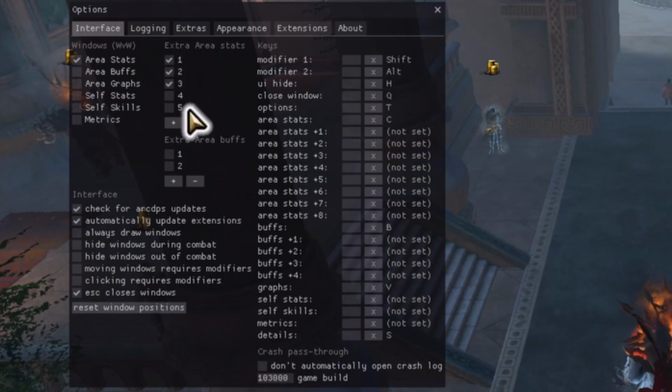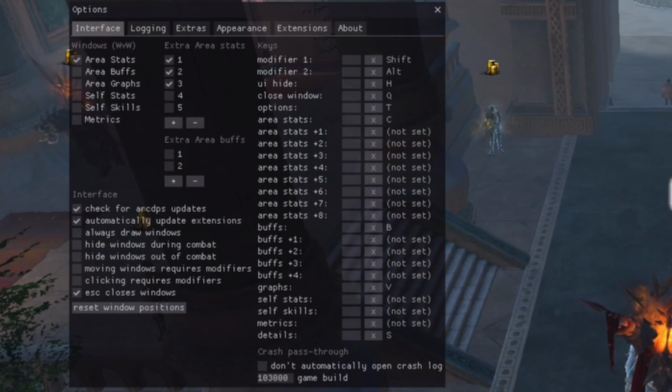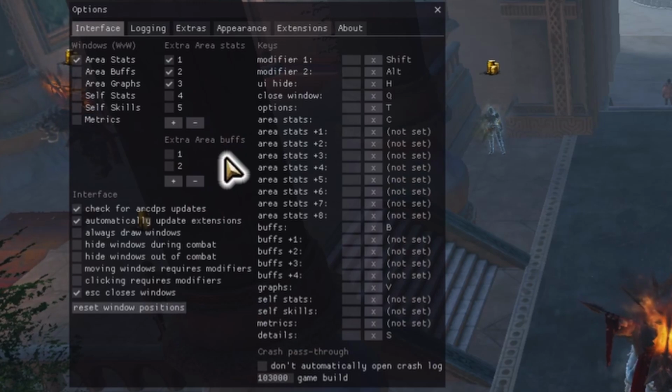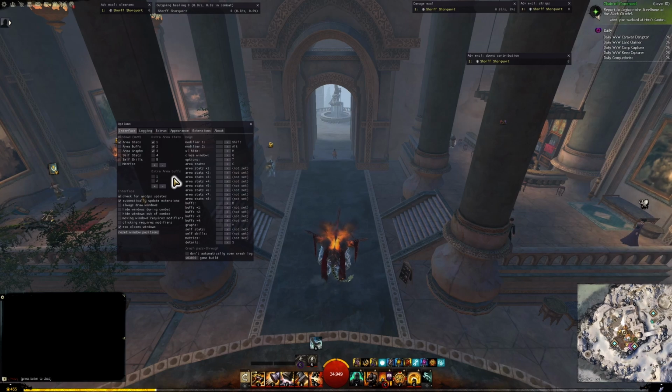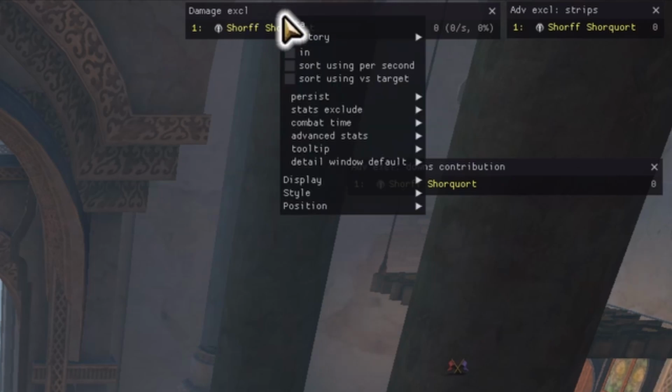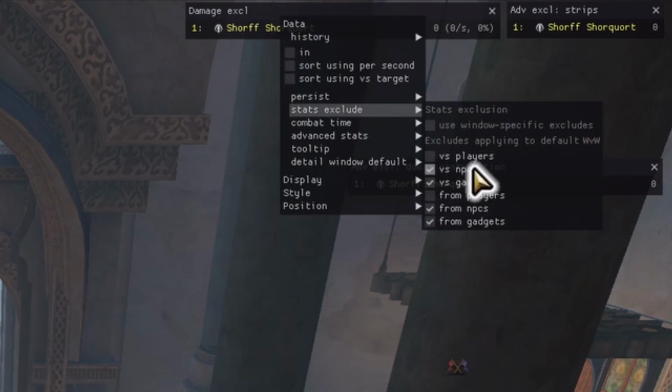By default, you'll have a single window for damage, and it's up to you how many of these windows you want to have on your screen at the same time. We'll configure this initial window first, then set up some of those additional displays. ArcDPS uses separate settings depending on what game mode you're currently playing, so before you set up your first window, make sure you're on a World vs. World map. Right-click on your existing ArcDPS window, and under Stats Exclude, make sure that NPCs and gadgets are excluded,